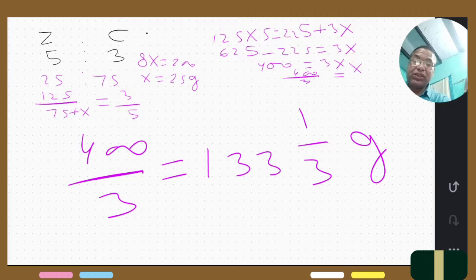This is the question which requires practice. If practice is done, calculations can be done very fast. But this is the procedure by which we can solve this question. So, with these questions of mixture and alligation, we have tried to take the questions based on varied patterns and shown the solution for all the questions one by one.